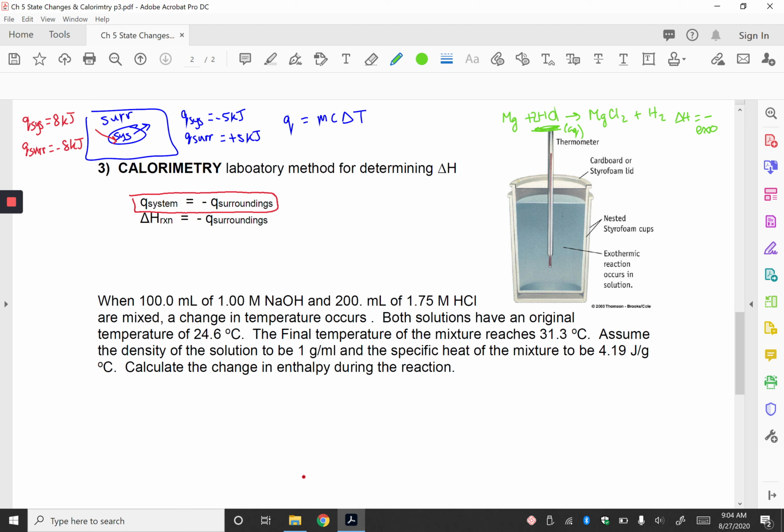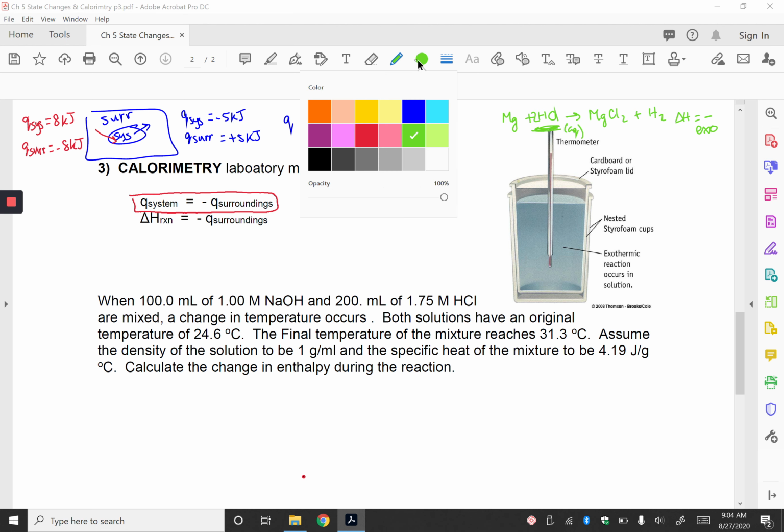So then we say that the heat that's released by my reaction happening, my magnesium and my HCl particles reacting together, is absorbed by my surroundings. Well, what are my surroundings? Because theoretically, this is insulated, right? So what are my surroundings in this case? It's a solution or water, right? This stuff is dissolved in. And so I can say that